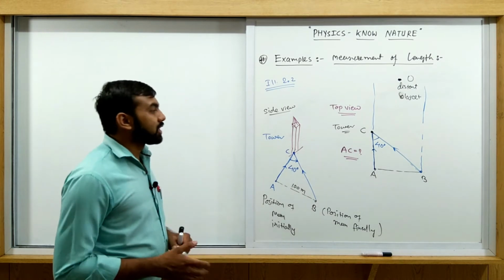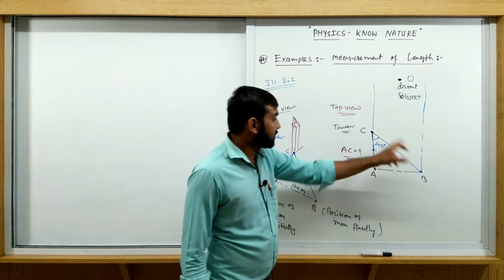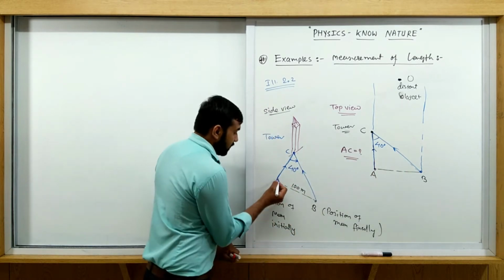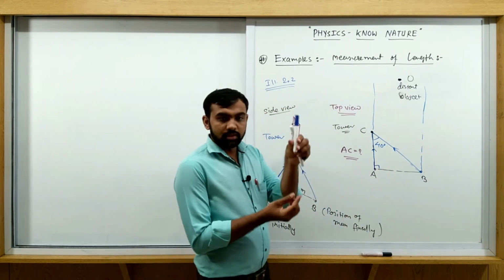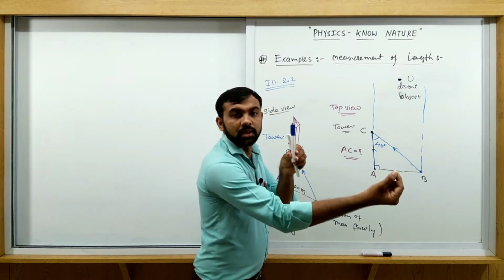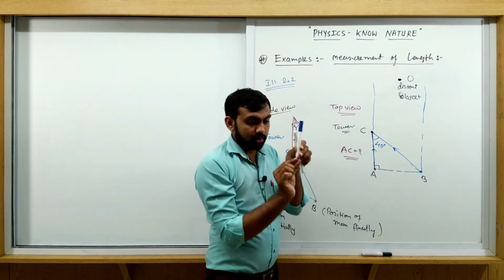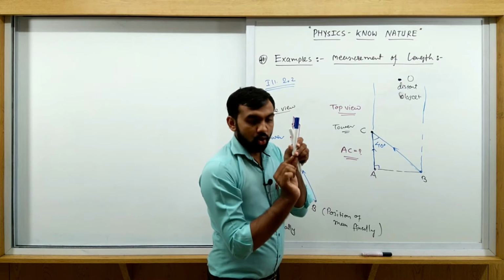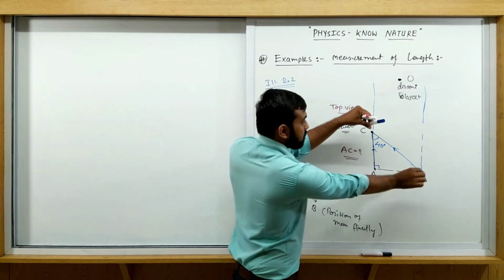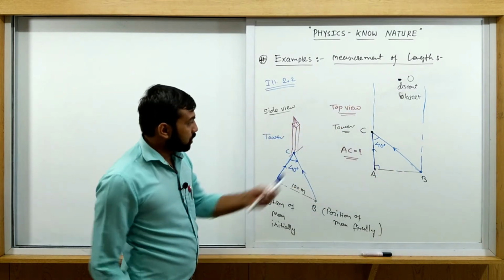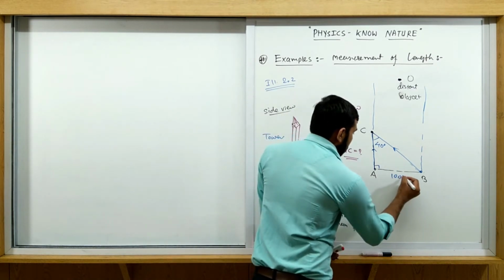Okay, so what are we doing in this case? The case is actually very simple. See, this is a right angle triangle. Why? Because he moves perpendicularly. It is given here. Actually he moves like this: tower C, position A, position B. So I am drawing this triangle. See, right angle triangle. If you see from the top, the triangle is like this: C, A, B, C. So how do we find this? This distance AB is given as 100 meters.